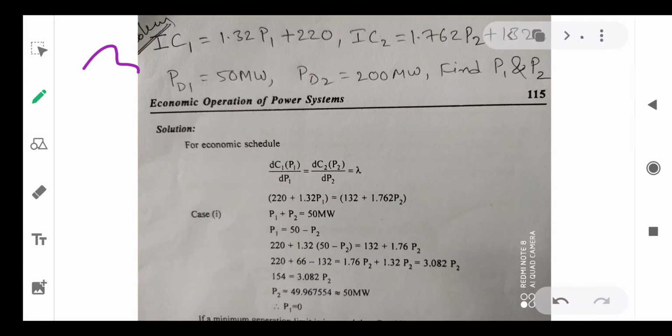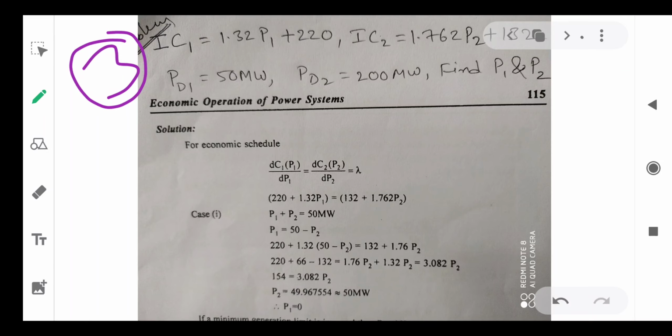So this is problem number 3, in which incremental cost IC1, dF1 by dP1 equal to 1.32 P1 plus 220, dF2 by dP2 equal to 1.762 P2 plus 32. And PD1 50 megawatts and PD2 200 megawatts. Find F1 and F2 as per